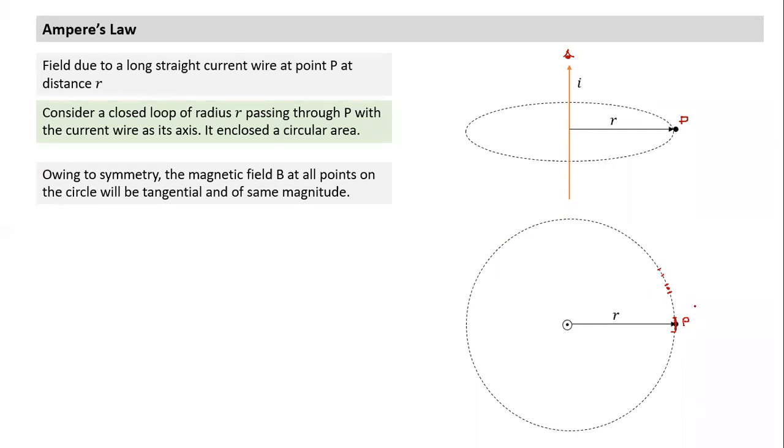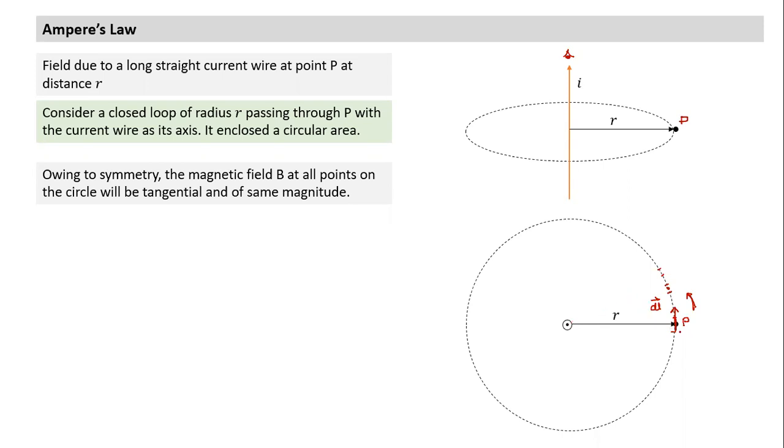Let me choose which direction I'm taking the loop positive: I have decided which direction I will go around the loop, and I will traverse the loop anti-clockwise. So what is the direction of the dL vector? This becomes my direction of the dL vector: tangent. And what is the direction of B here?